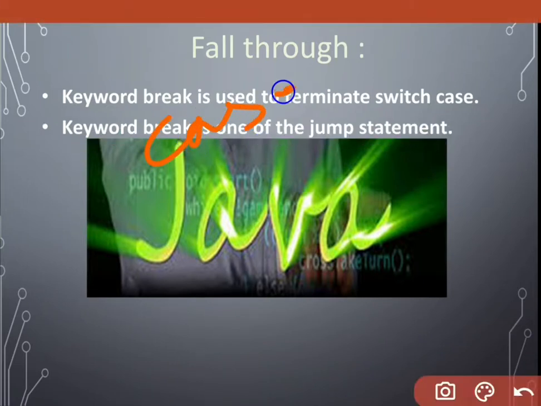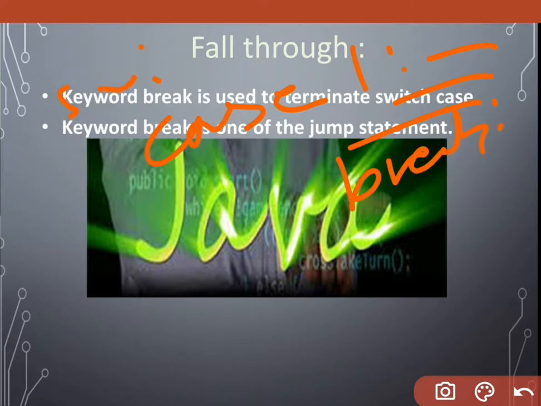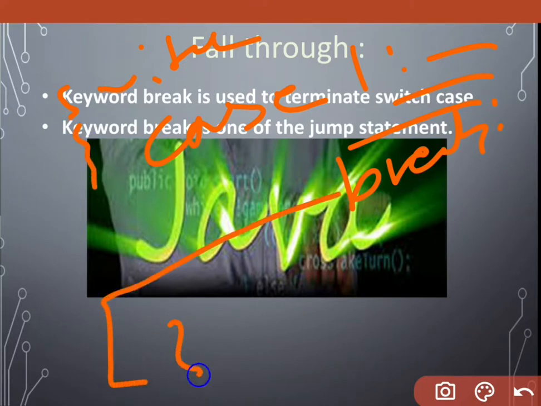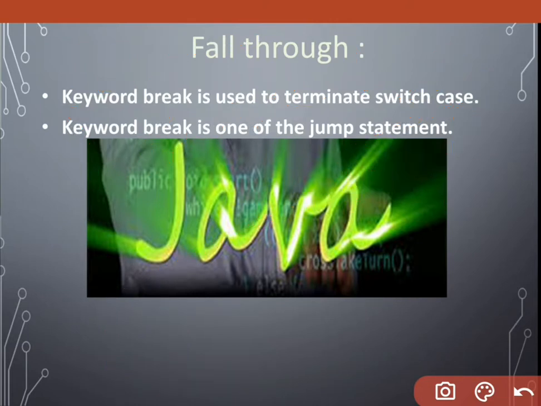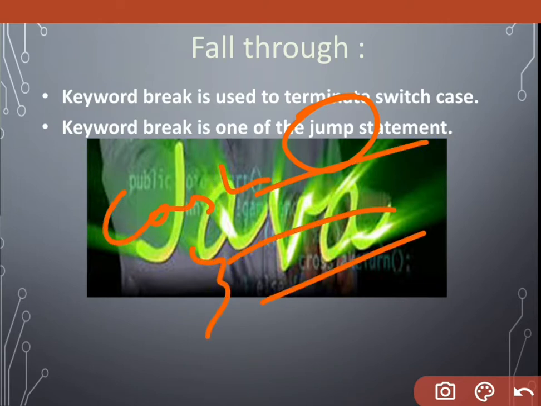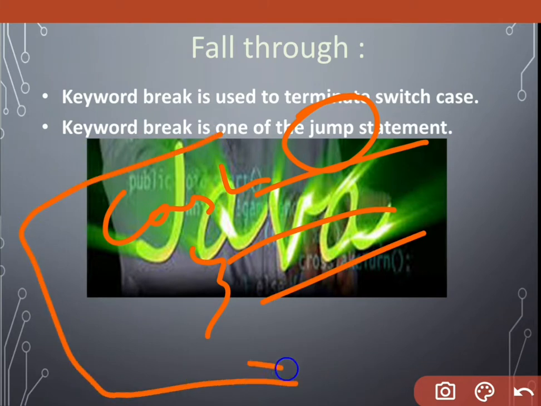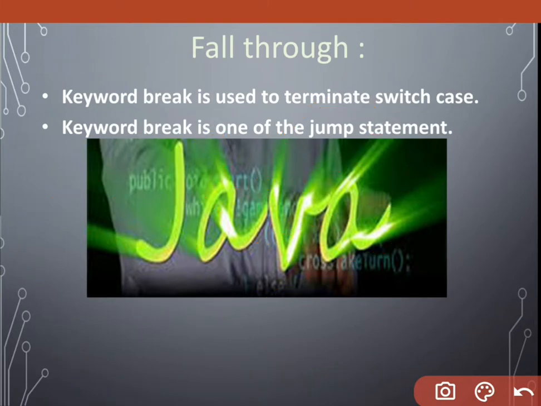Because when case 1 is executed and a few statements run, and then we write break, the switch ends because of break. It skips all the other cases, case 2, case 3, and comes outside the switch. It jumps. That's why it is a jump statement.